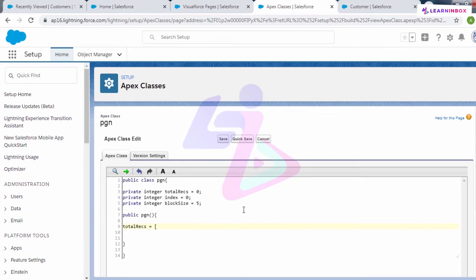We'll write a SOQL query here. So what is SOQL? Salesforce Object Query Language. So we'll write a SOQL query here.